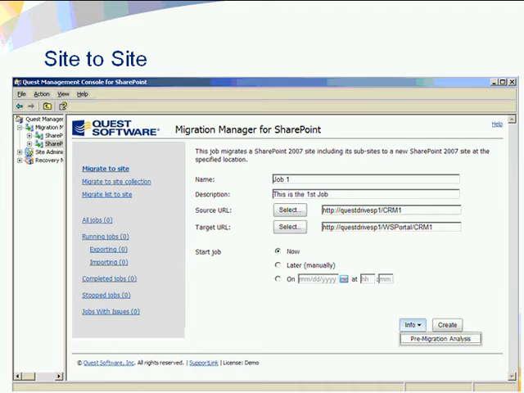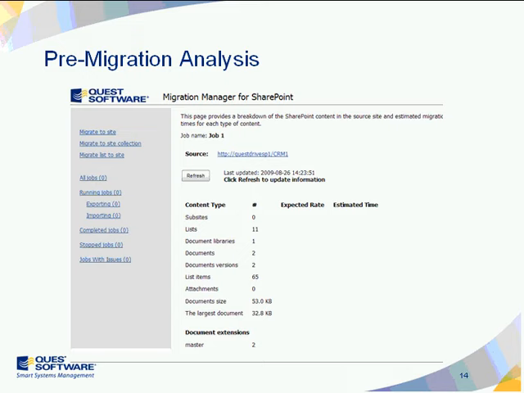One of the nice things that we have is that you can then run a pre-migration analysis before you actually do the migration itself. The pre-migration analysis is where I can find out how much is actually going to happen. So for this particular one, the CRM application I have up on SharePoint shows me how many lists are in there, how many document libraries, how many documents, document versions, document size, document extensions.